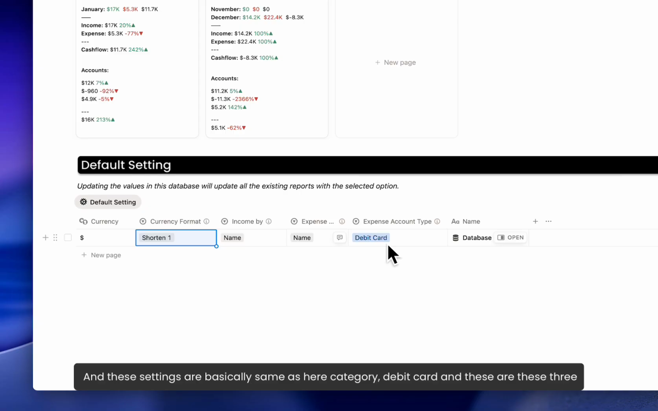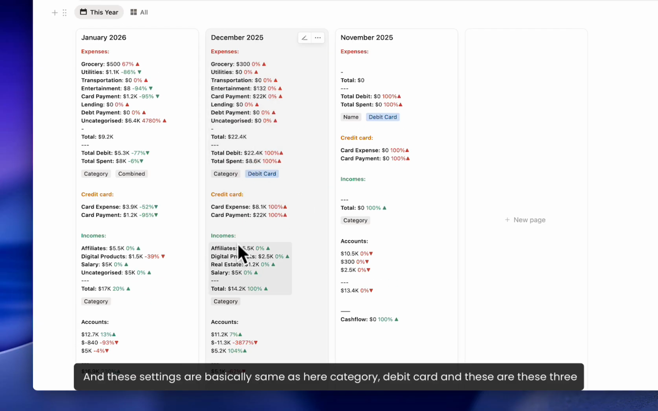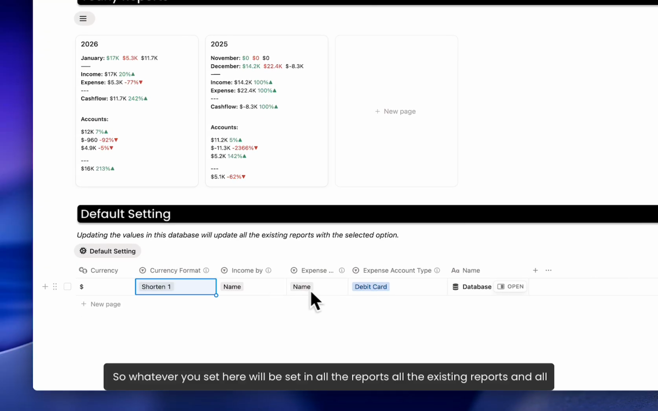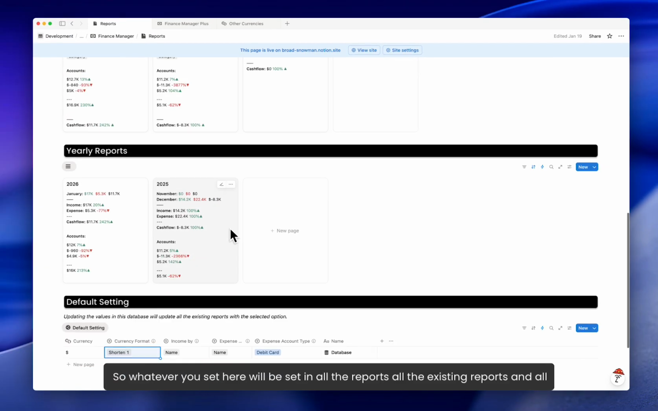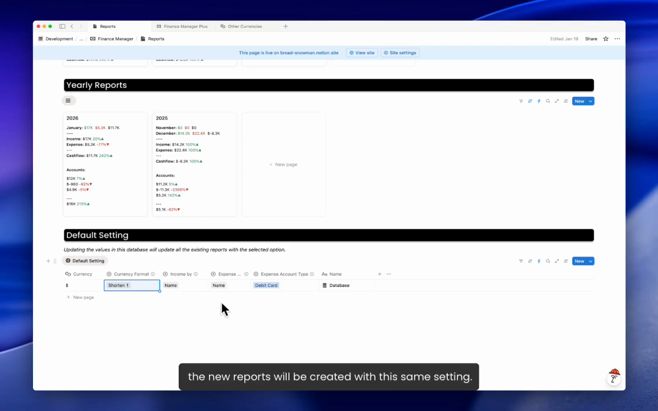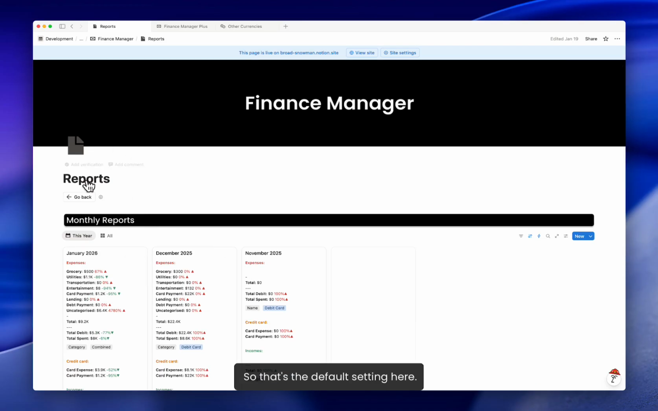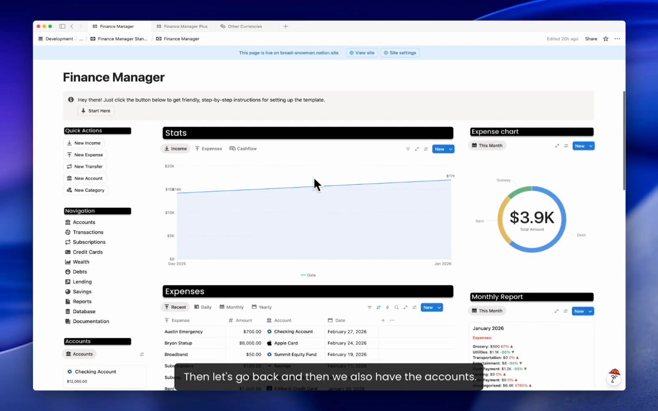And these settings are basically the same as here, category, debit card, and these three values. So whatever you set here will be set in all the reports, all the existing reports, and all the new reports will be created with this same setting. So that's the default setting here. Then let's go back, and